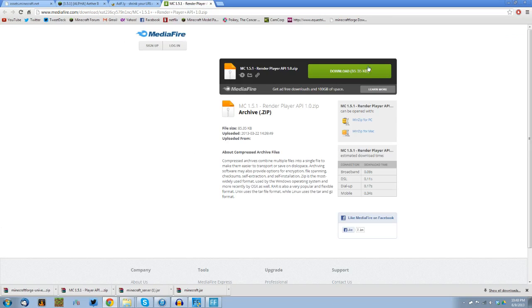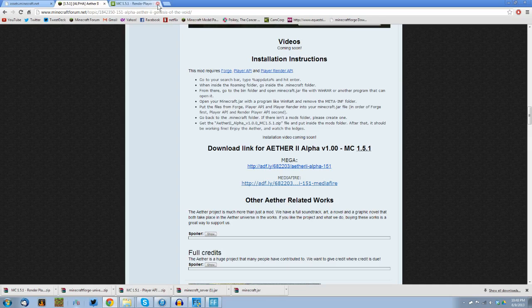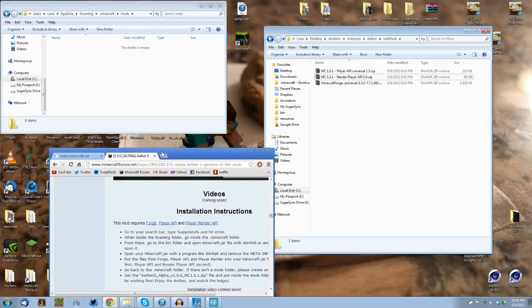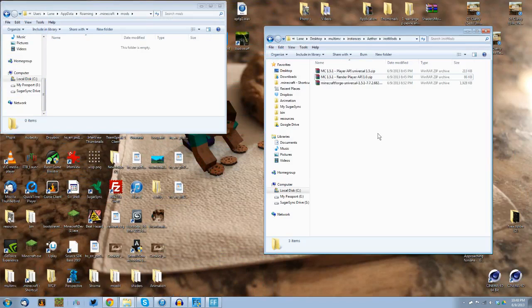Alright, so we got Minecraft Forge Universal, Player API, and now we just want to get the Render Player API right here. Alright, so now that we've got those three things, you're basically done in your browser here. I got the files here,